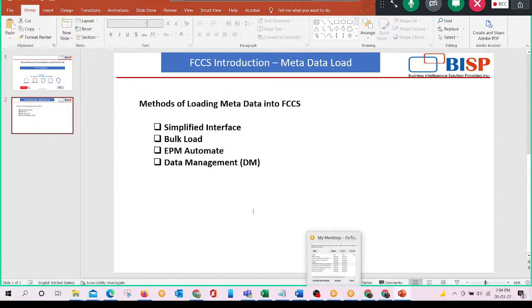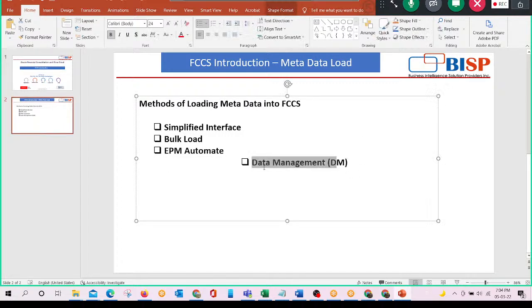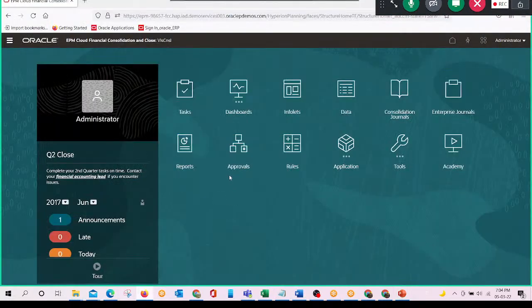Basically, the following methods are generally applied: simplified interface, bulk load, EPM Automate, and data management. Through these methods we can load the metadata for FCCS. We will see one by one how we load the data into our FCCS application. So let's go to our application. This is our application,